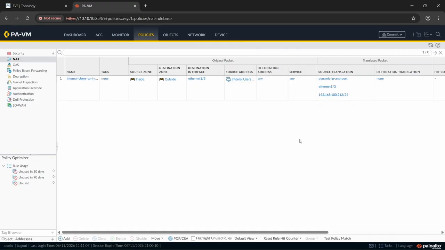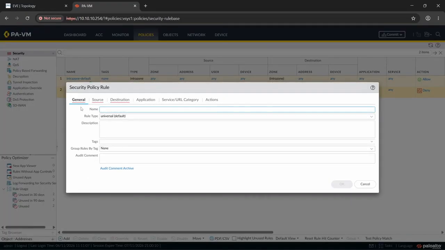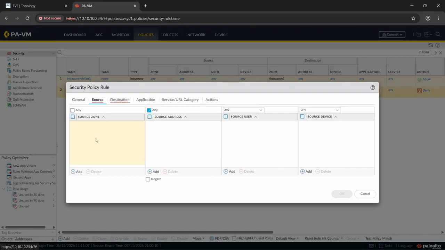It's working fine. So next we'll move to the security policy, which is the final thing before committing. This here is, we'll call it internal users to internet as well. We later might have management or whatever. So here, internal users to internet. For the source, it's going to be inside. The source will be our internal users, and we do not have users or devices in this lab, so